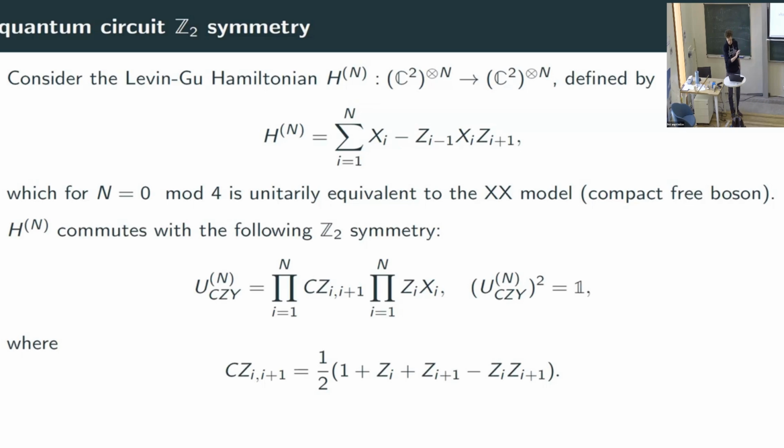So this is something that people in quantum information use. It's defined below. It's just some linear combination of Z operators. As a matrix, it's basically 1, 1, 1, minus 1. Should have written it like that maybe, but okay. And then some products of Pauli Z and Pauli X operators. And you can check through explicit computation, it's very, very easy, that this operator squares to 1 and that this operator commutes with this Hamiltonian. Okay, good. So this is a symmetry of this Hamiltonian, so it will have some implication on the physics of this Hamiltonian.